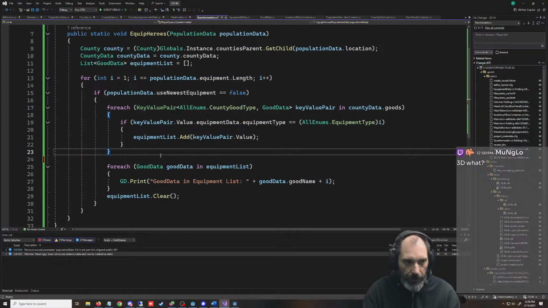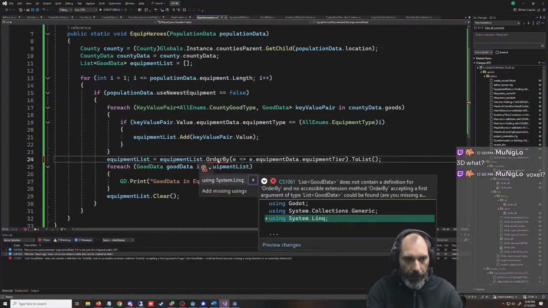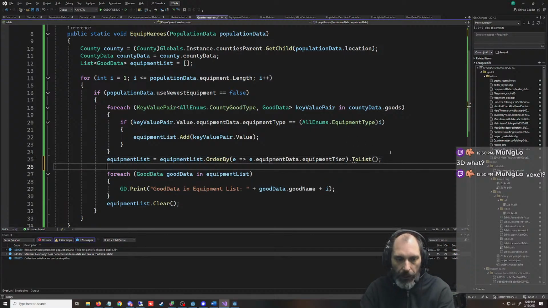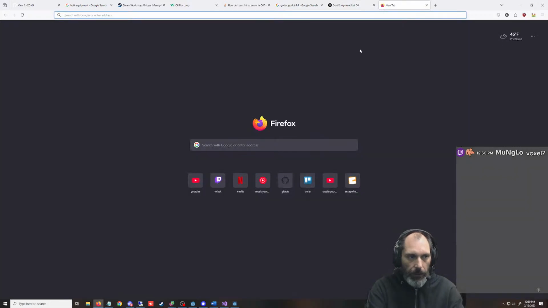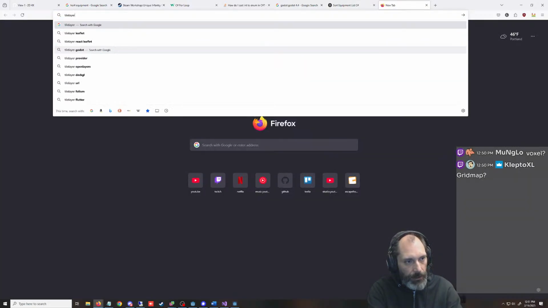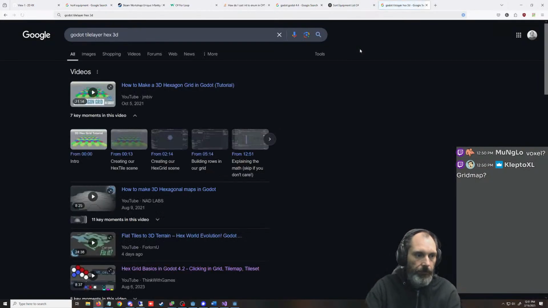So we're going to sort this thing. We need to add some link in here, I'm pretty sure. No, not voxels. What is it called? It's not a tile layer, because they changed what that was called. A Godot tile layer hex 3D. Well, is this a new one? This is old.